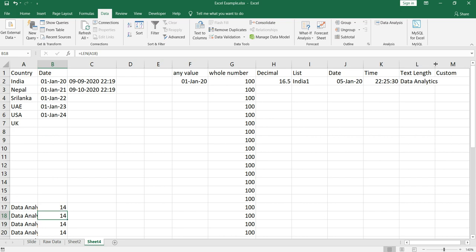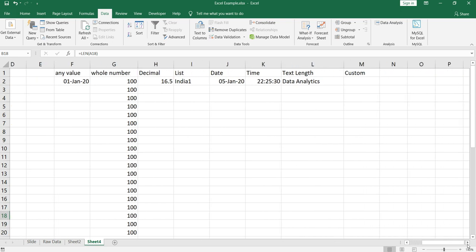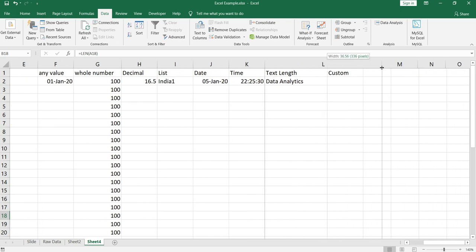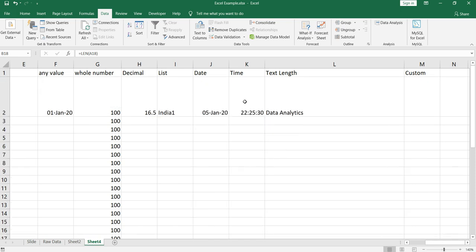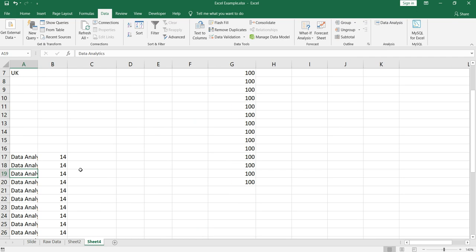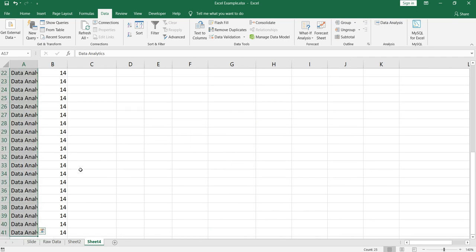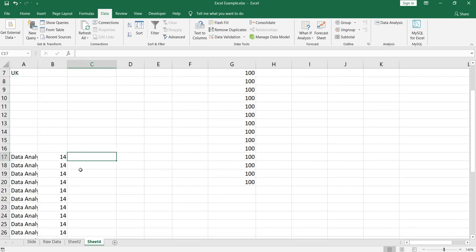So I'll increase the width of this column so that we can see what we are writing here as an example. I'll take all of this data analytics and input it in that cell.